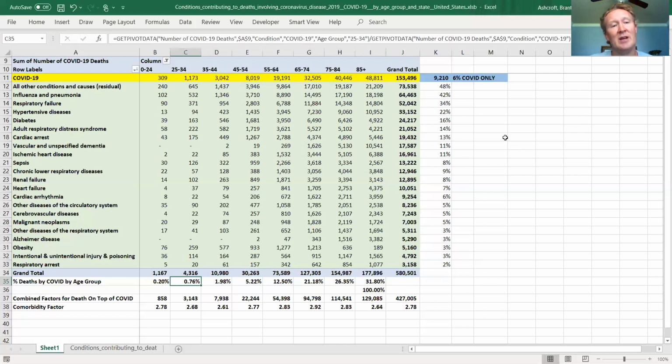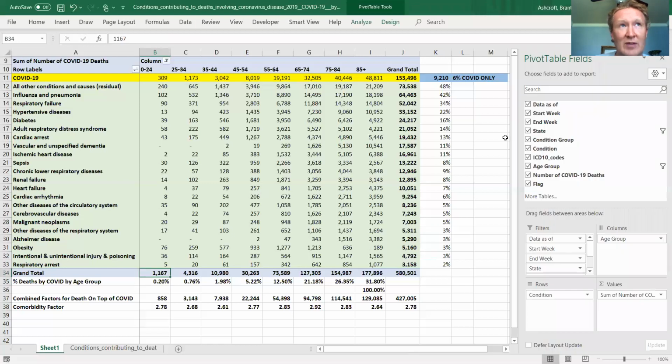By age group, interesting, when you look at the age groups, they basically start at 25 and then go 10 years out, except 0 to 24. And you ask yourself, well, why are they doing that? The reason is because you have to get to 24 before you have any really meaningful data. If you went 0 through 10, you'd have almost nothing. If you went 11 through 20, you'd have almost nothing, or very few. So they have to have a range where you can actually get some meaningful data.